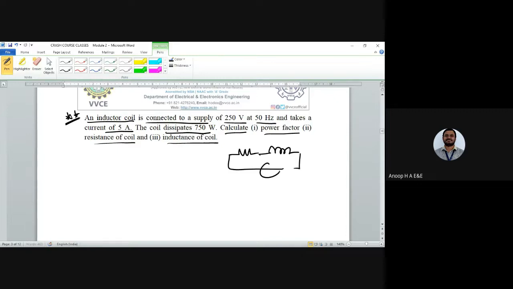It's quite a simple problem and you have an AC circuit like this and the value of the resistance and inductance is unknown to us. We have to find out the circuit elements. Next we have to find out the power factor also along with R and L. Once we find out R and L, it would be quite easy to find out the power factor. So cos phi, now we can simply find out as R by Z. It is a 250 volt supply and 50 hertz. And now the very important step here is the value of the current, which is 5 amperes. Correct. So I can easily find out Z, that is V divided by I.